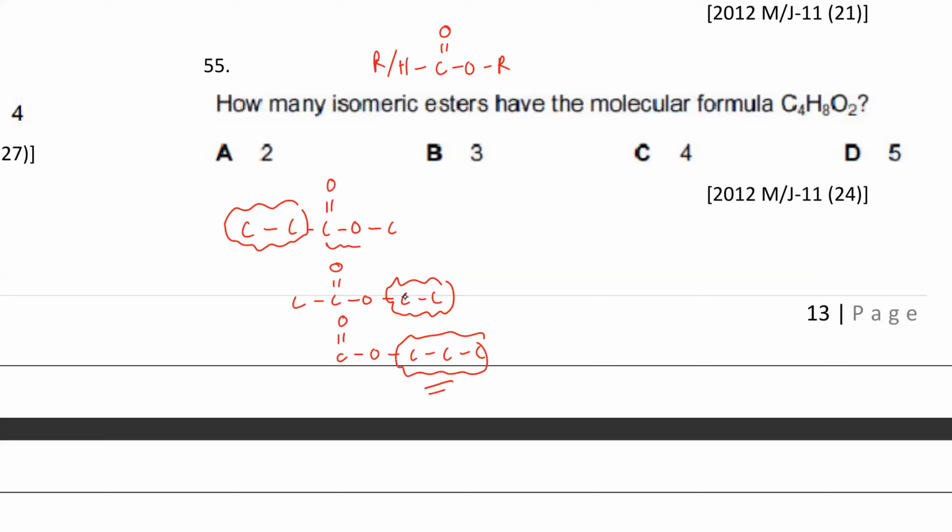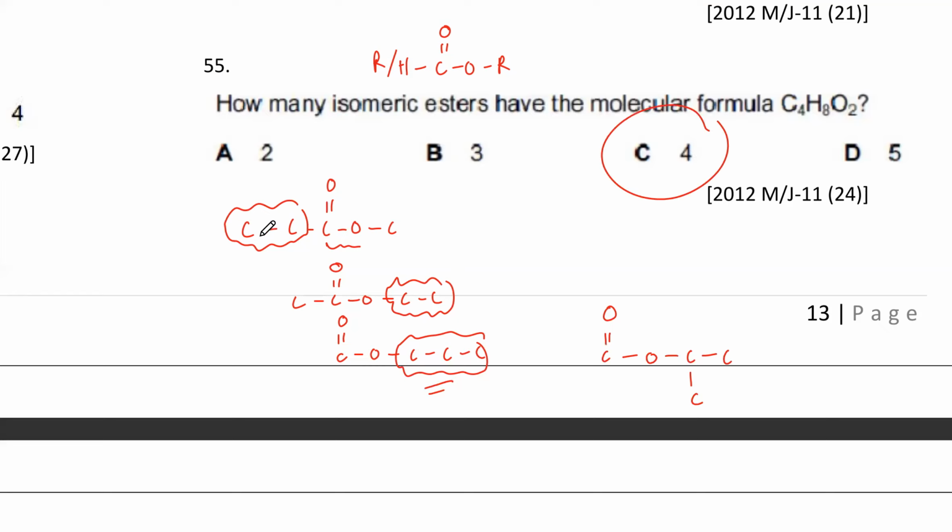So this one I can convert into a branched structure, like 3 carbon atoms, right? So I can have 3 carbon atoms like this as well, right? So that is also an ester, right? Is that clear? Yes, sir. But the oxygens must be between the carbon atoms. So I can't shift this one to the right because then it would not be an ester. The 2 oxygens must be between carbon atoms. This was 1, the other one must be there. So that's, I think, 4. I think that's 4 because